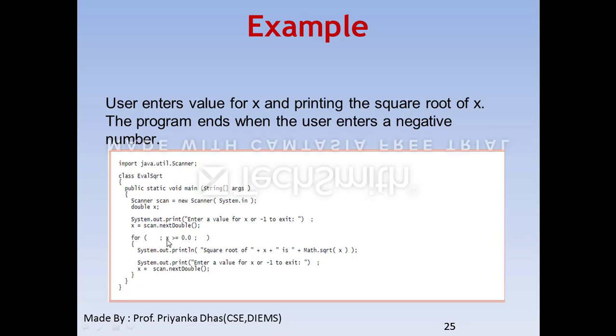What you have to do? The condition is x should be greater than or equal to 0, because you cannot give a negative value. Next, how many times are you going to execute this loop? This is indefinite. So until and unless the user provides -1, you have to repeat this code. This way is known as sentinel-controlled repetition statements.